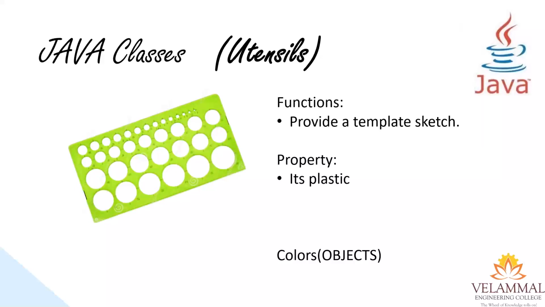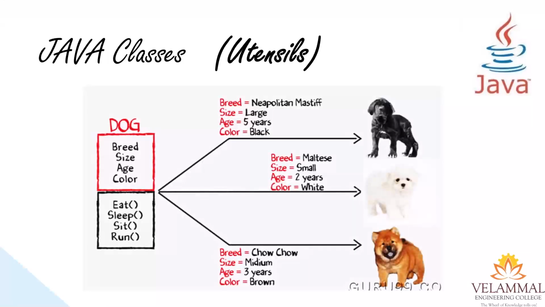In order to understand this a bit more easily, I have taken a more general example. So if you see on the right, we have some cute doggies. The first one is a Napoleon Mastiff, the second one is a Maltese, the third one is a Chow Chow, and all these are dogs. And all these dogs have certain